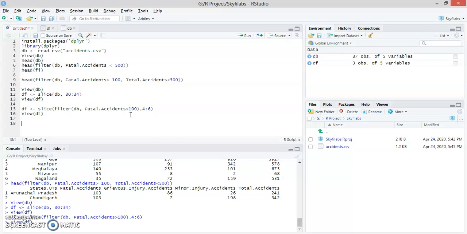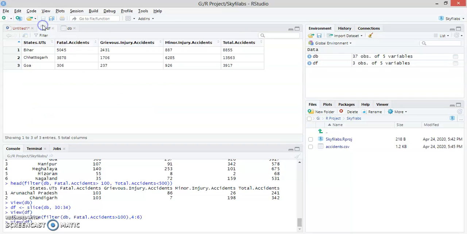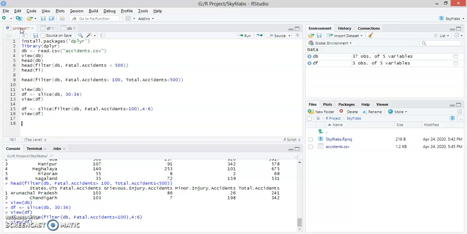Now, as you can see in our database, the names of the columns are very long, so we can rename them. We are renaming the columns by using the command rename. Name of the database DB.